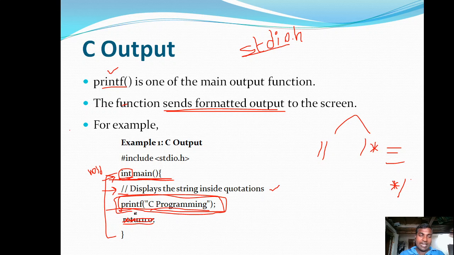So printf is a standard output function available in the stdio.h header file. That's why at the beginning we include the stdio.h header file, hash include stdio.h, which includes all the functions available in it. Among those functions we are using the printf function here.